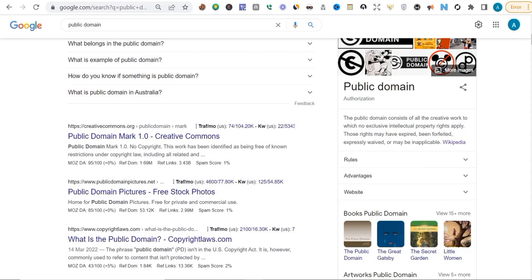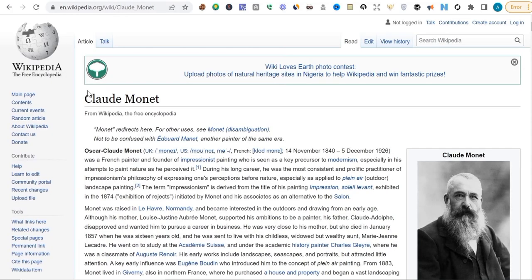So what are we talking about? I want to take a sample of this kind of image. This is a man called Claude Monet. Look at this picture here. You can see that this man is really old. He lived until December 1926. That's really old, so this man can never be alive again. And he is one of the famous painters we had years back.